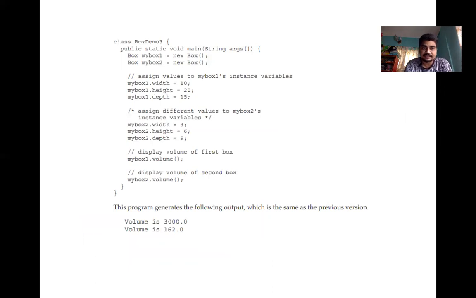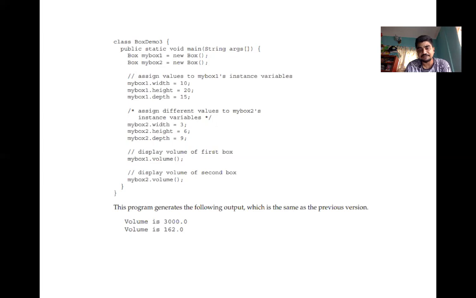Now there is a second class which is BoxDemo. In this BoxDemo class, the main containing class, I have created two objects, mybox1 and mybox2. Once I created these objects, I am assigning the values 10, 20, 15, and for box 2, height, width, depth will be 3, 6, 9. Now if you write mybox1.volume, it will compute the volume of the box, which I already defined in the first class.